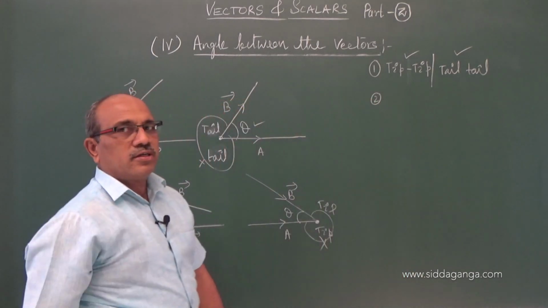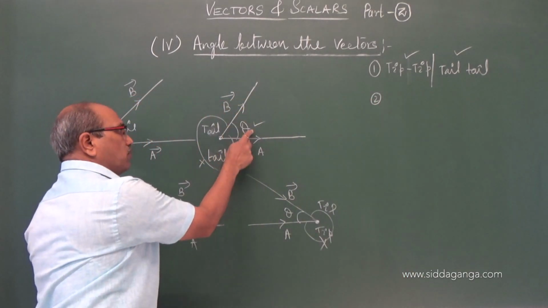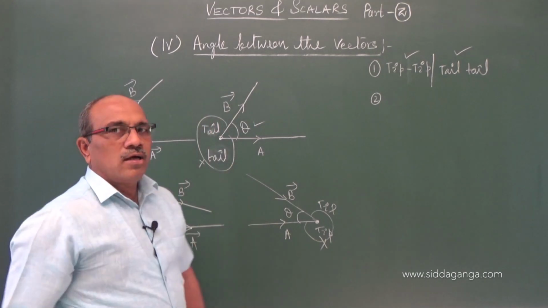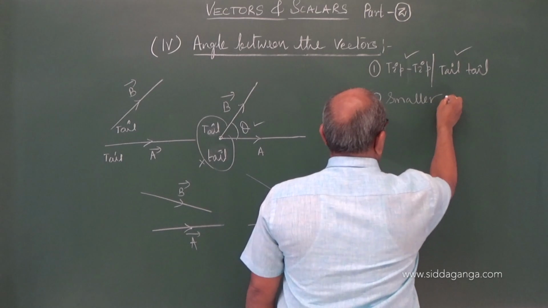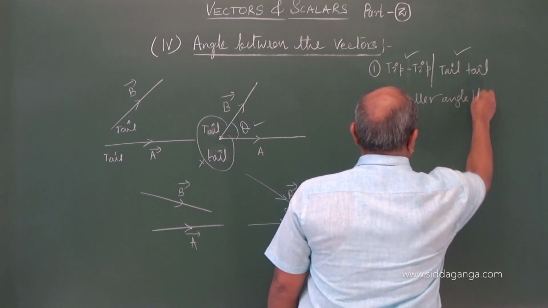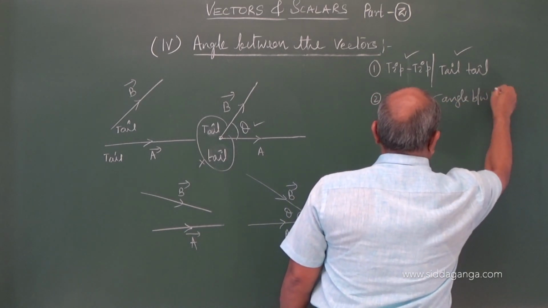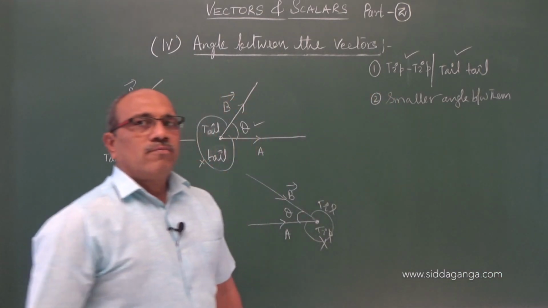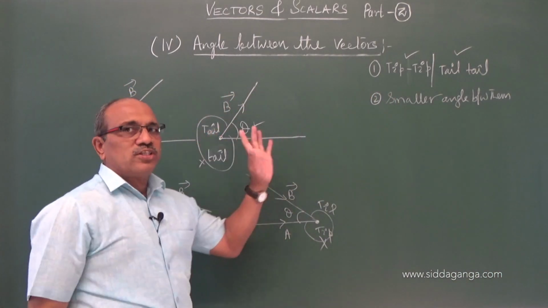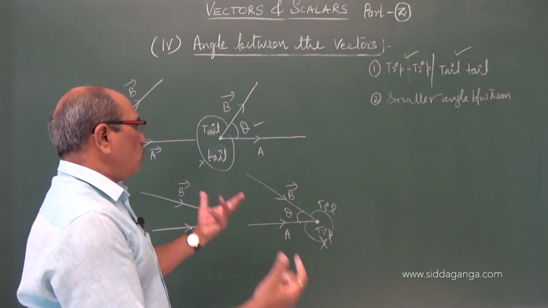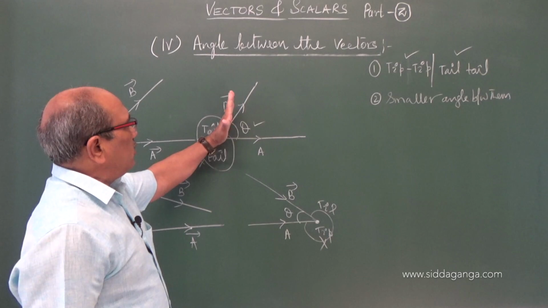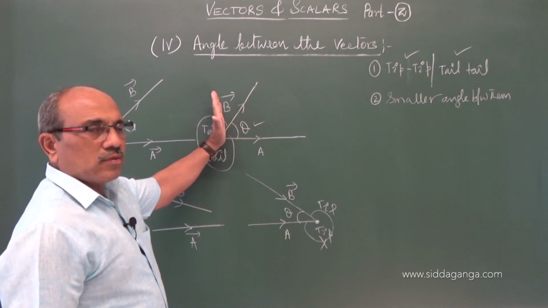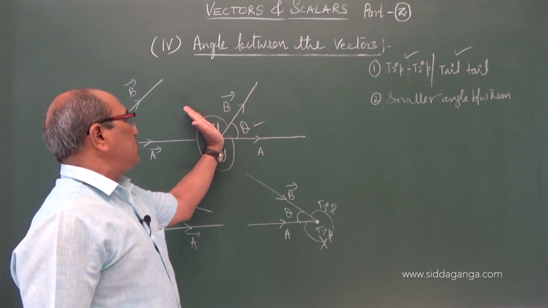Angle, what we have taken, there are two possible angles. One is the smaller angle and the other the larger angle. Always you have to consider the smaller angle. Smaller angle between them. Measurement should always be with the smaller angle. How do you come to know this? If I go on increasing slowly, it becomes 90. And again if I am still increasing, it becomes 180.